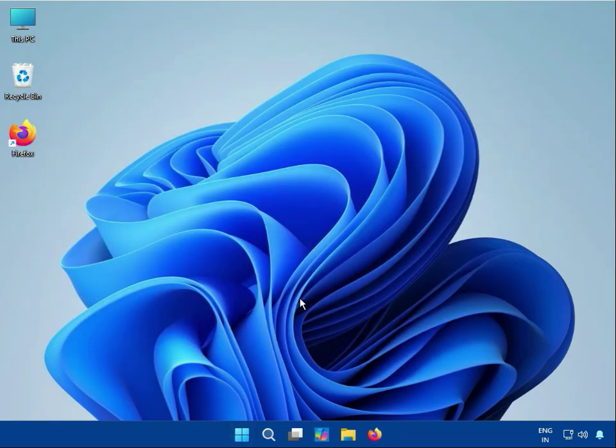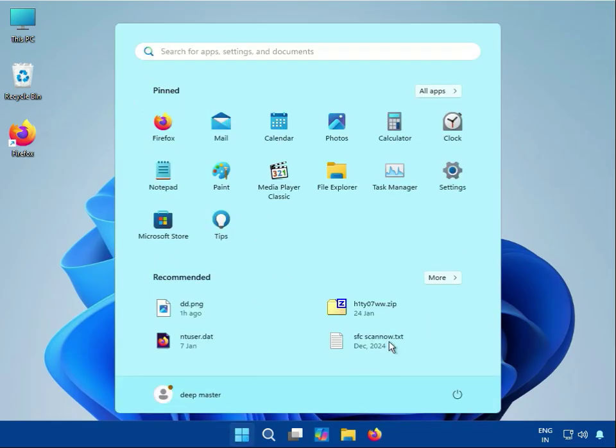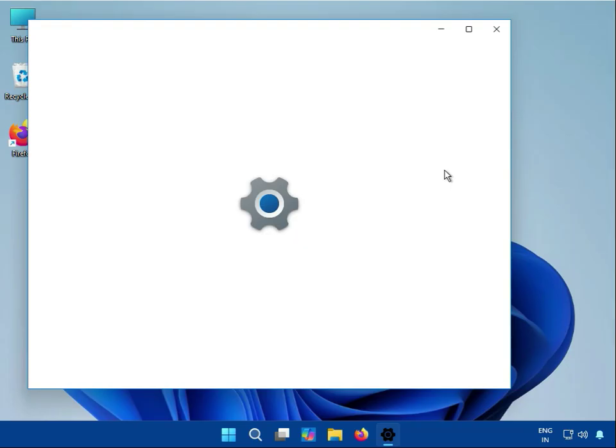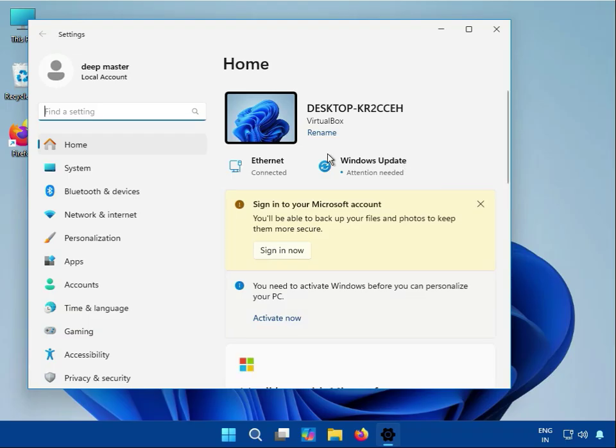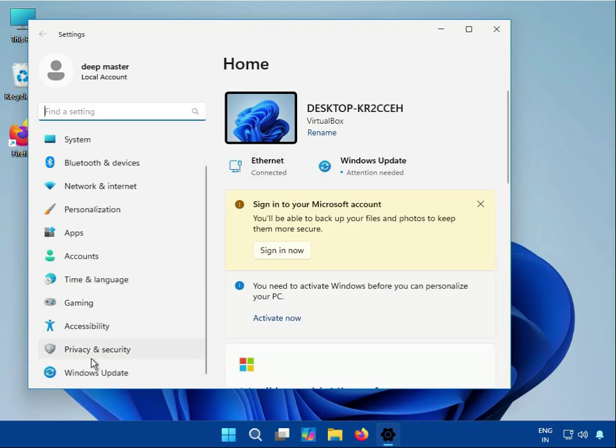Next guys, check privacy and setting for microphone. So click to start, go to setting, then scroll down and click to privacy setting,